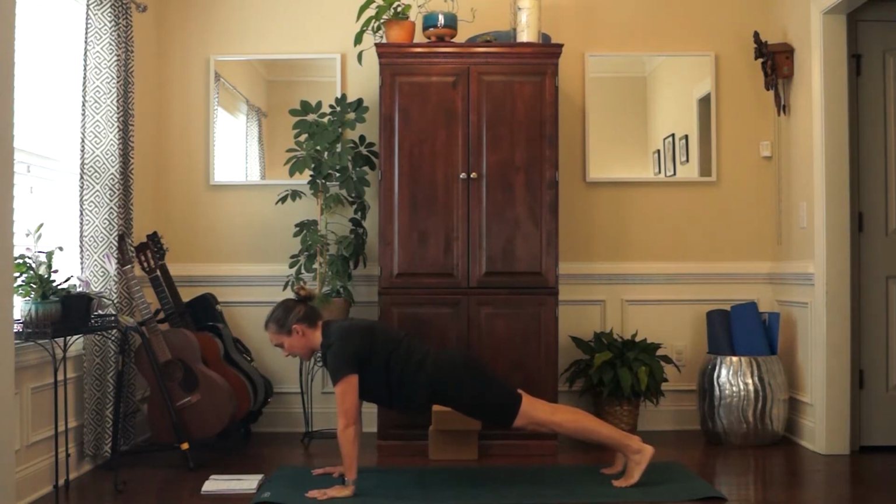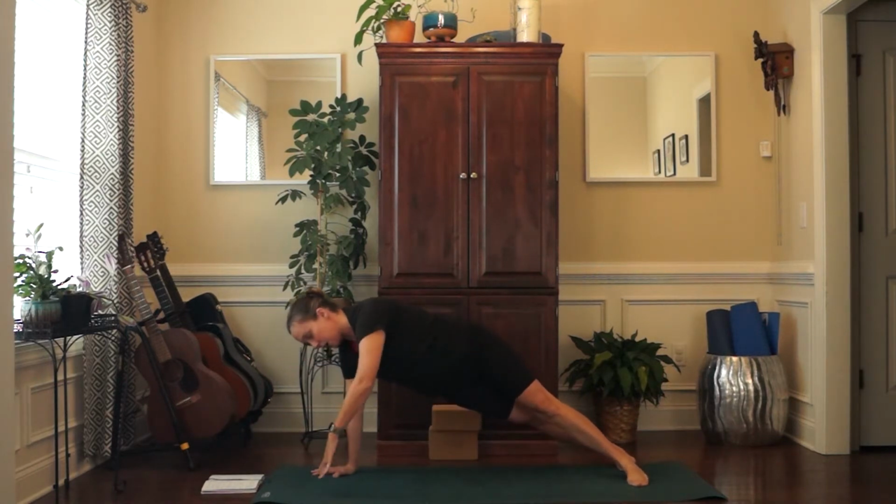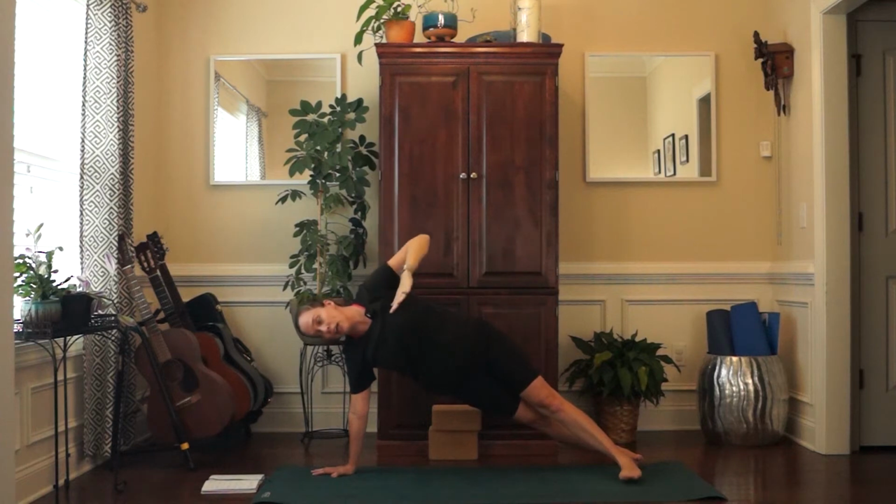Manipulate your gaze again here in plank. Look forward beyond the front edge of your mat. Come onto the knife edge of your right foot, the inner edge of your left foot. Inhale, lift your left hand to the sky and gaze up at the left hand. Exhale, left hand down,